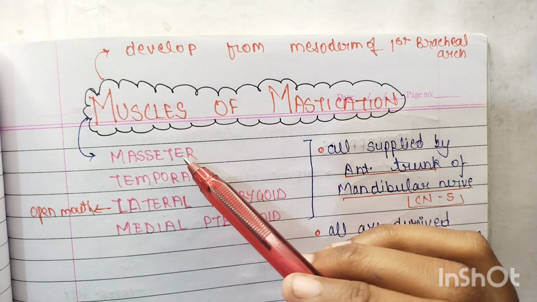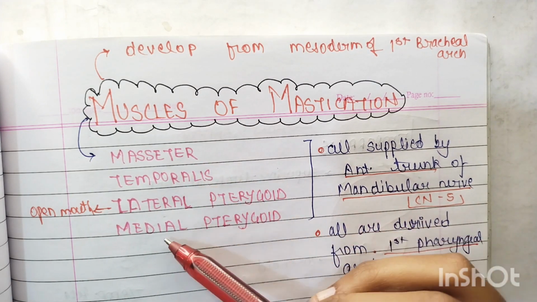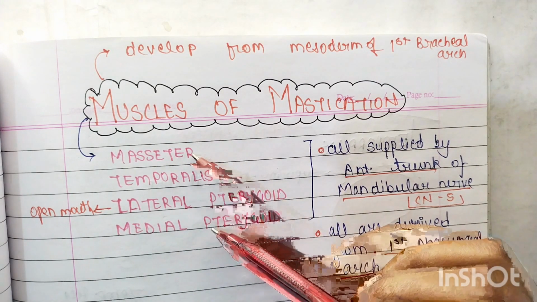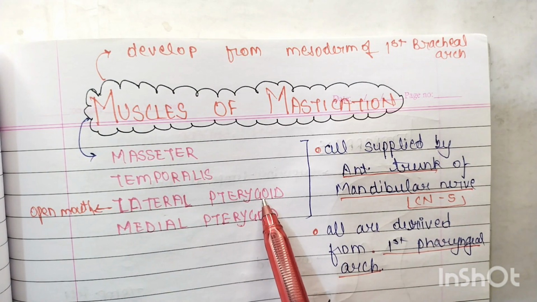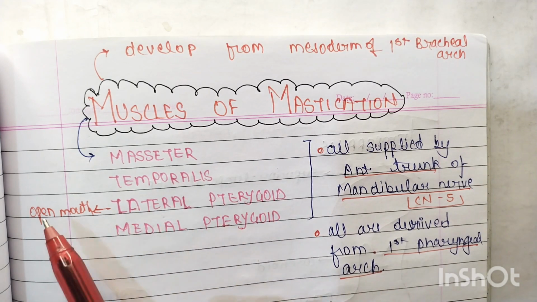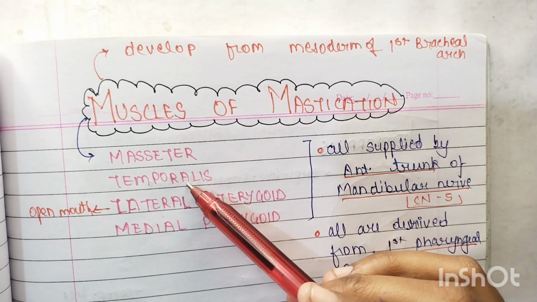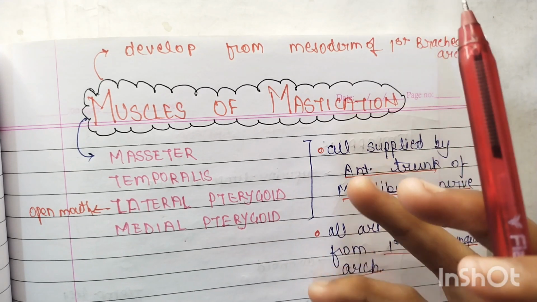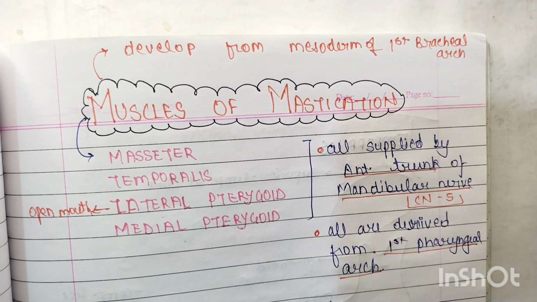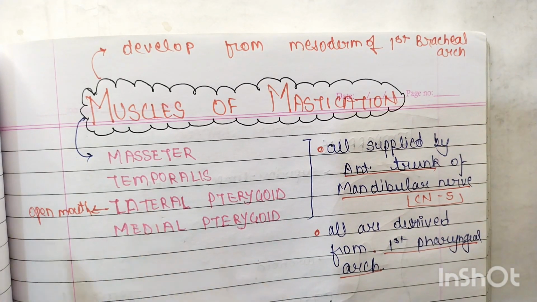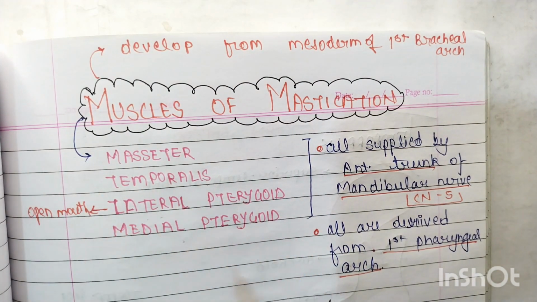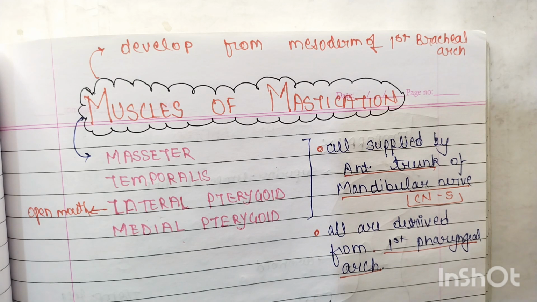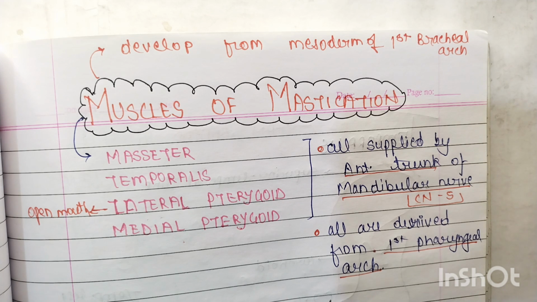Now the very important thing here is masseter, temporalis and medial pterygoid. All these three, except lateral pterygoid, close the mouth. Lateral pterygoid opens the mouth, whereas masseter, temporalis and medial pterygoid close the mouth. So this is the important part. You have to just remember that lateral pterygoid opens the mouth. Whenever you open your mouth, lateral pterygoid helps in opening, whereas the other three muscles help